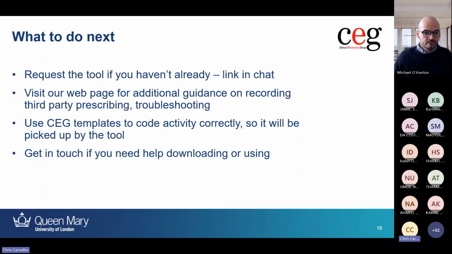The other key thing there is to utilize our templates to code the activity correctly so the tool picks it up. The other key thing with our template is that it combines the codes that you need to achieve your indicators. One of the problems that we often have is that there are national indicators that you need to be able to code for, and there are local ones together. And our templates bring together all those codes, so they make sure that with one code entry it matches between the national and the local,